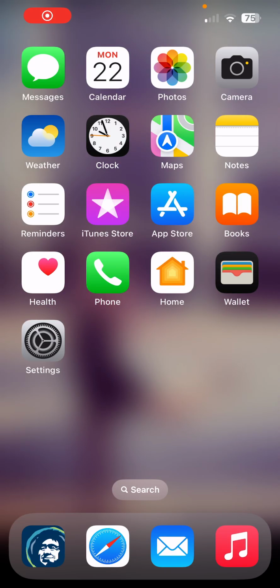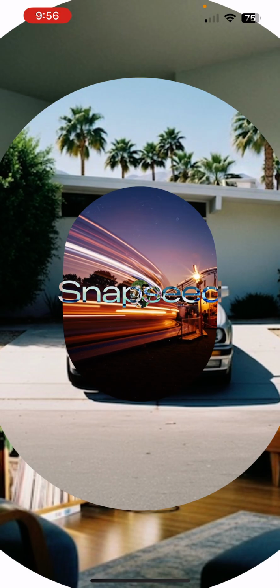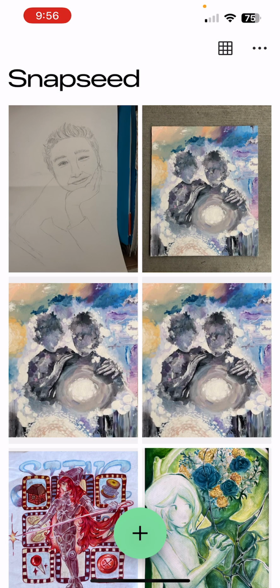Okay, welcome. We're going to crop and edit a photo using our Snapseed app in the bottom right hand corner. I'm just going to get into Snapseed and open up a picture. I should have already taken a picture outside in natural light, and to open that up I'm going to hit